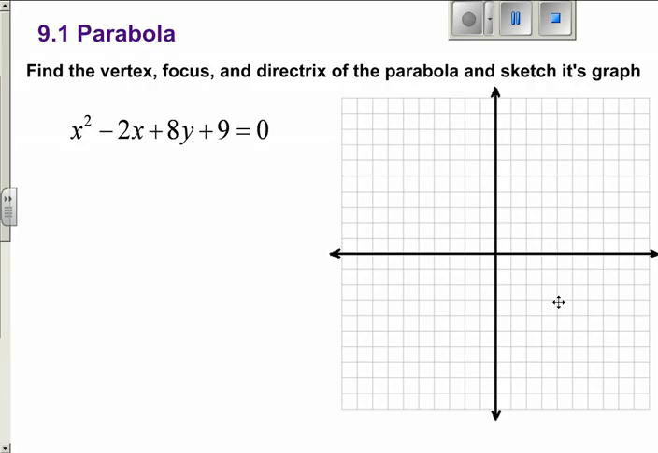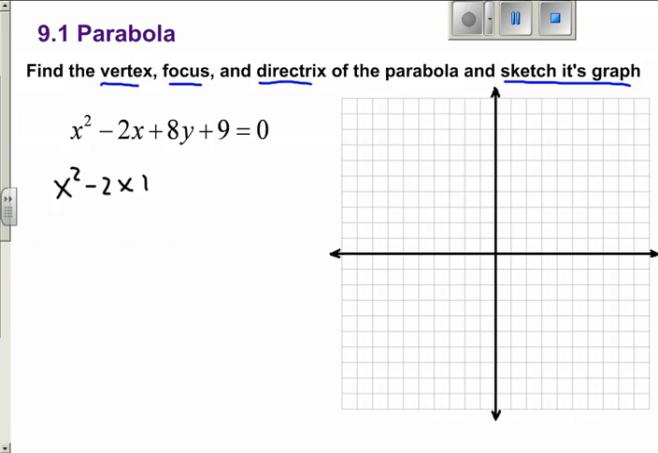So we are asked to find the vertex, the focus, and the directrix of a parabola. They want us to sketch it, hence I have a graph that's handy on the side. The first step is to complete the square. So I'm going to complete the square, and you notice that